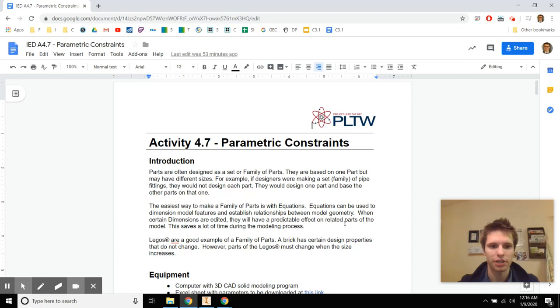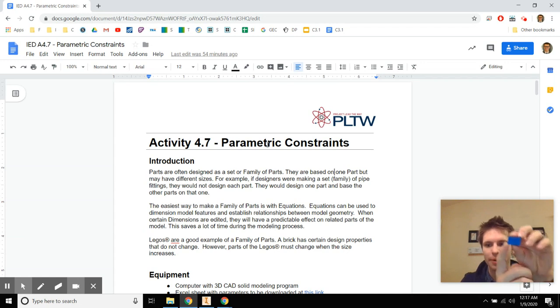Hey everybody, we're about to get into some of the most complicated stuff and honestly my favorite set of tools in Inventor and CAD modeling, parametric constraints or parametric modeling. This means that you can add numbers to your model where you can control other numbers. So dimensions that can control other dimensions. So like we'll say that the height of one piece is equal to the width divided by 2 or something